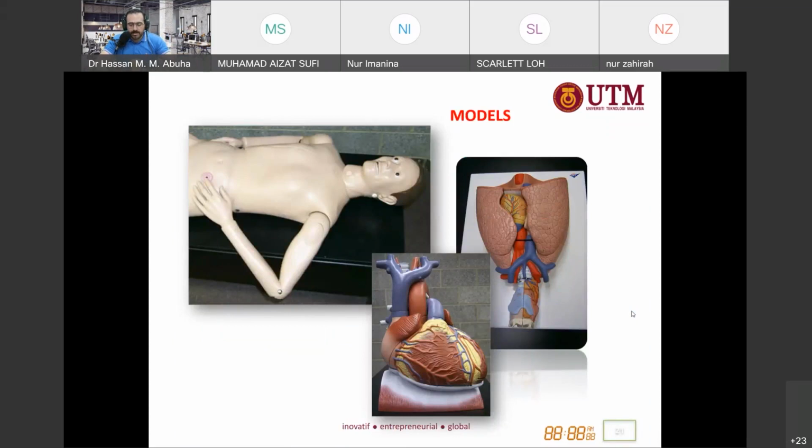They use it, but this one is easier than using real objects. And they usually use this kind of thing for practice. But nowadays, they use 3D simulation. They can run the whole operation